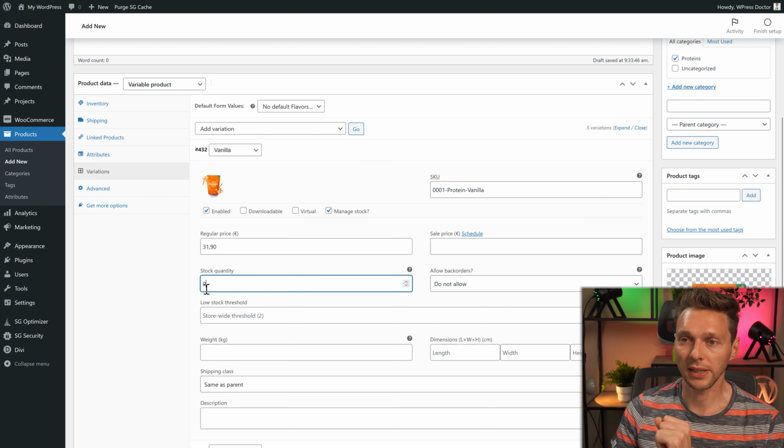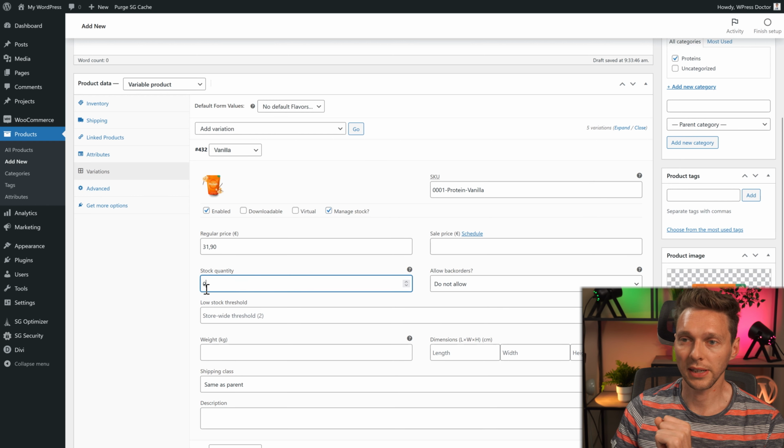When you have filled this in, don't forget the default form value should be, for example, vanilla. Press update. And then we go over here for continue setup, because the next step is set up our payments. Click on this one. Now you can use WooCommerce Payments and then we can use all these things, but I think you want to use other payment methods and use the payment method that is useful in your country.